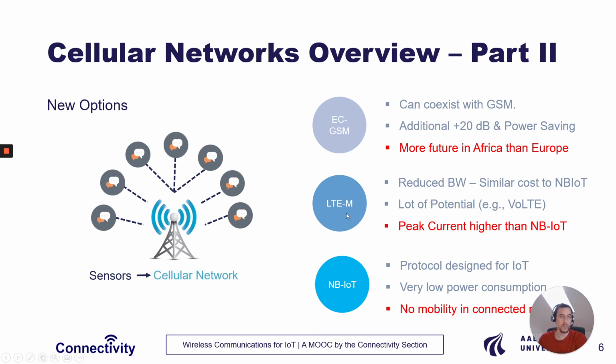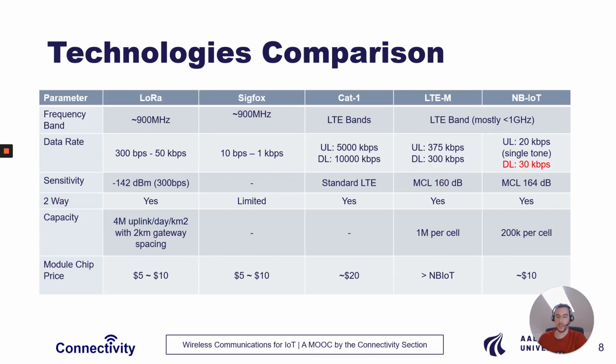So with this, we come to the end of this small talk about the technologies for wireless IoT. And I will not go into all the details in this table. Again, I invite you to pause the video and look at the different aspects. Here you have the frequency. You need to take into account that the higher the frequency, the lower the coverage will be, because it's more difficult for the signal to reach. But with all these technologies, with the exception of the standard LTE, you are able to, for example, place your IoT device in a basement and expect relatively good coverage. You have data rate, as you can see,